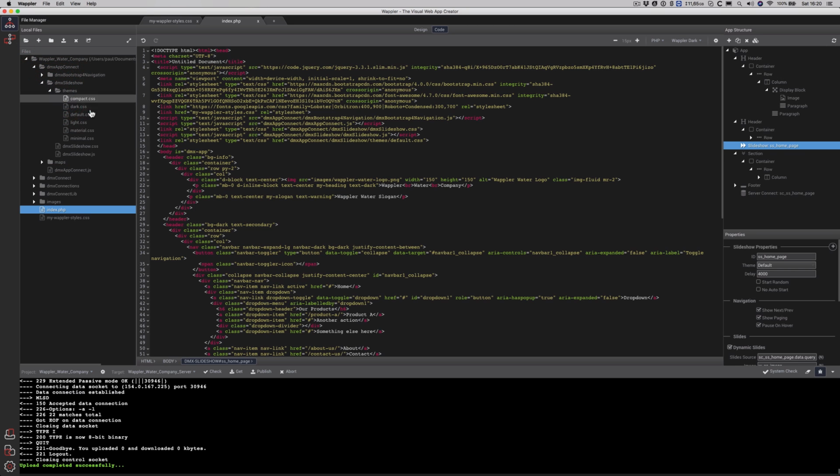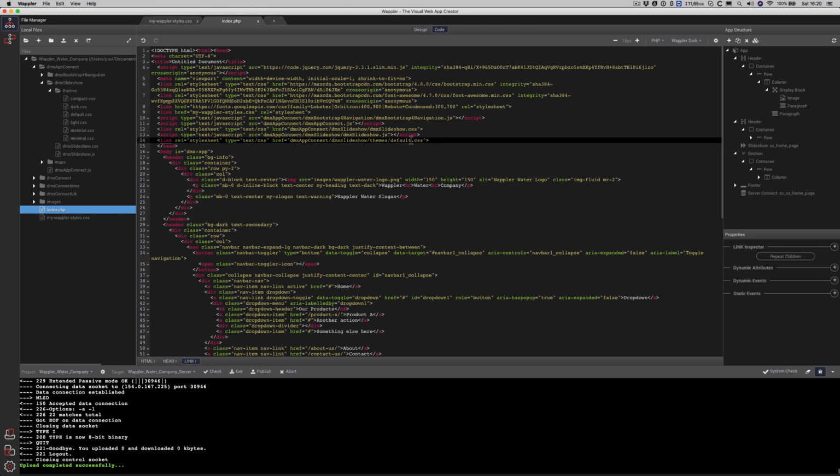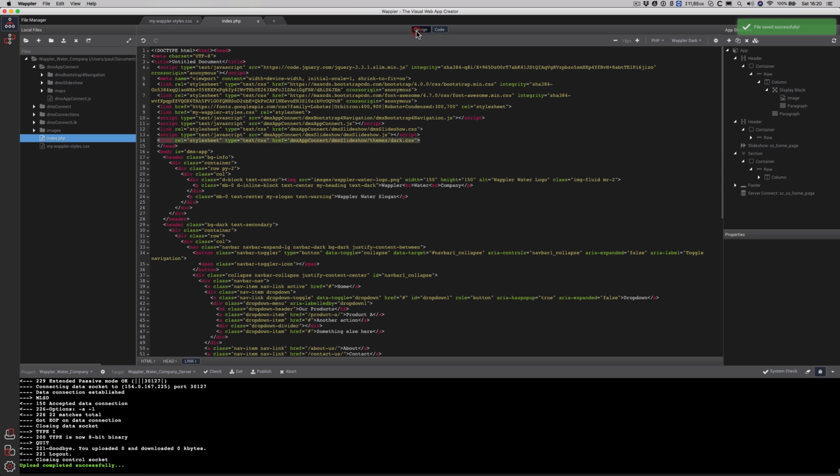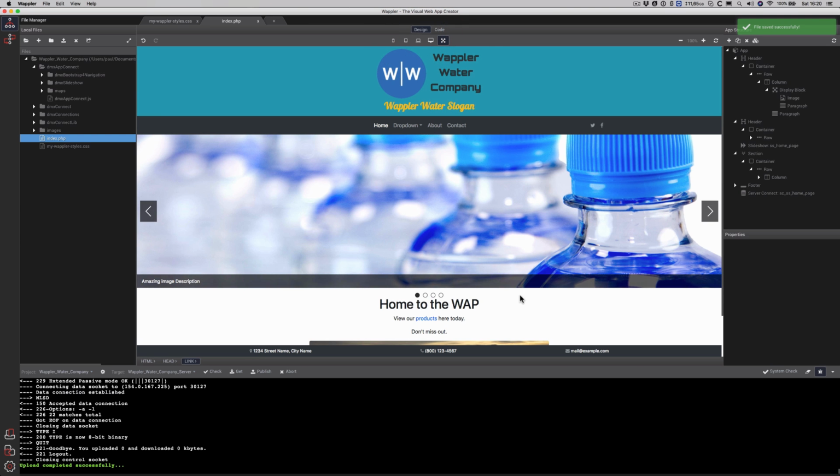We're going to go to the themes folder, and we're just going to have to type it into the code ourselves. So if I want a dark theme, I'm going to have to change it over here to dark, save that. Back to design view, and all of a sudden you can see now that it's actually picked up the dark correctly. I'll go back to the website,